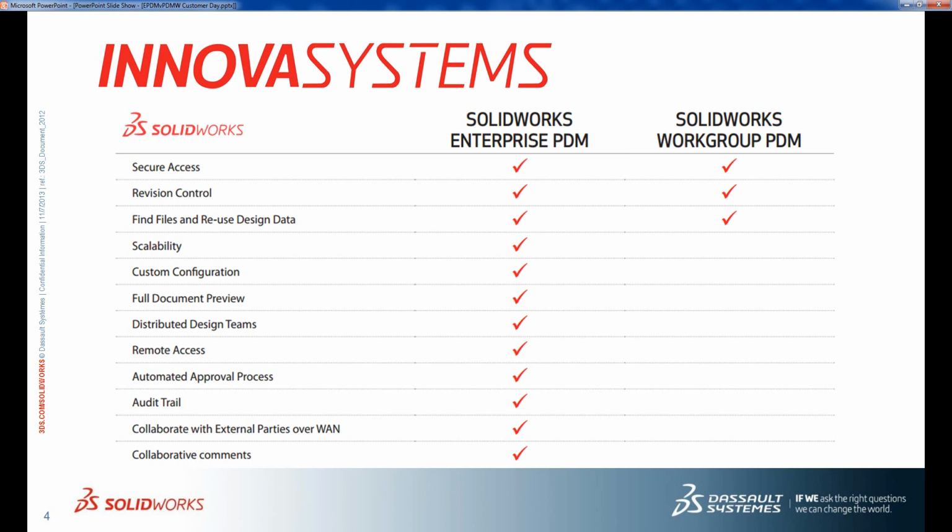In terms of collaborating with external parties over WAN, we had a look at the remote access, which is for web, but also with the distributed design teams, it's all over wide area network connections. And then we had a look at the collaborative comments where I gave myself some thumbs up. So as I said, absolute whistle-stop tour